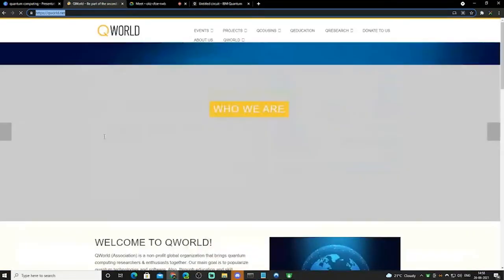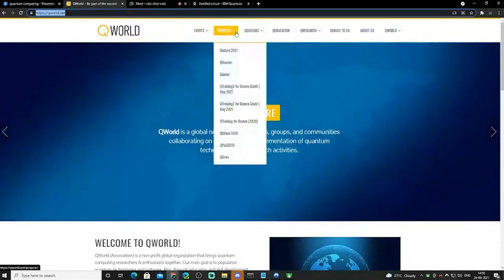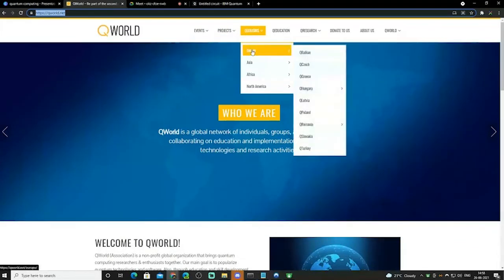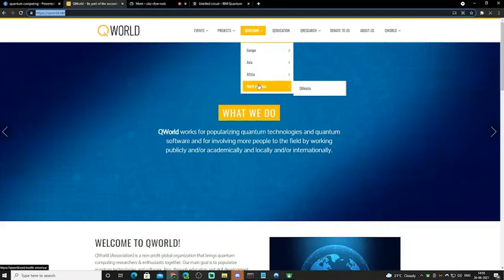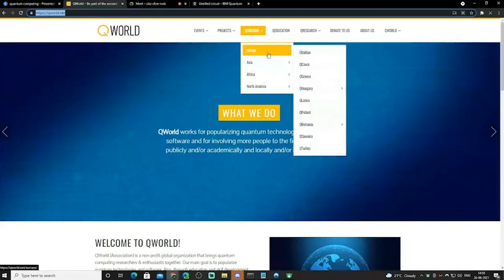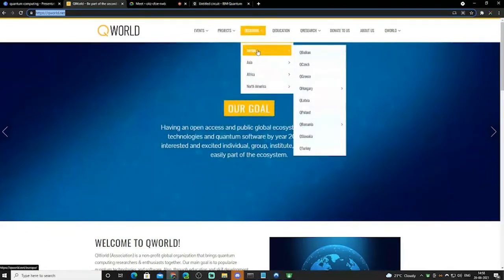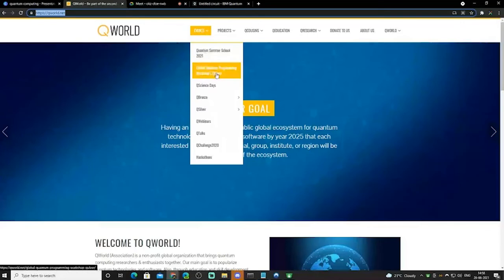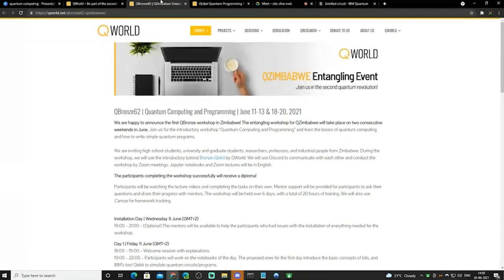Give me 1 second. So yes, this is the website where you have something called Q Cousins, and you have these many countries on board. There's Q India too, but I directly work with Q World right now, and they have these workshops called bronze and silver. So bronze is for a very introductory level, gives you an initial idea of what quantum computing is, which I would suggest anyone to join.